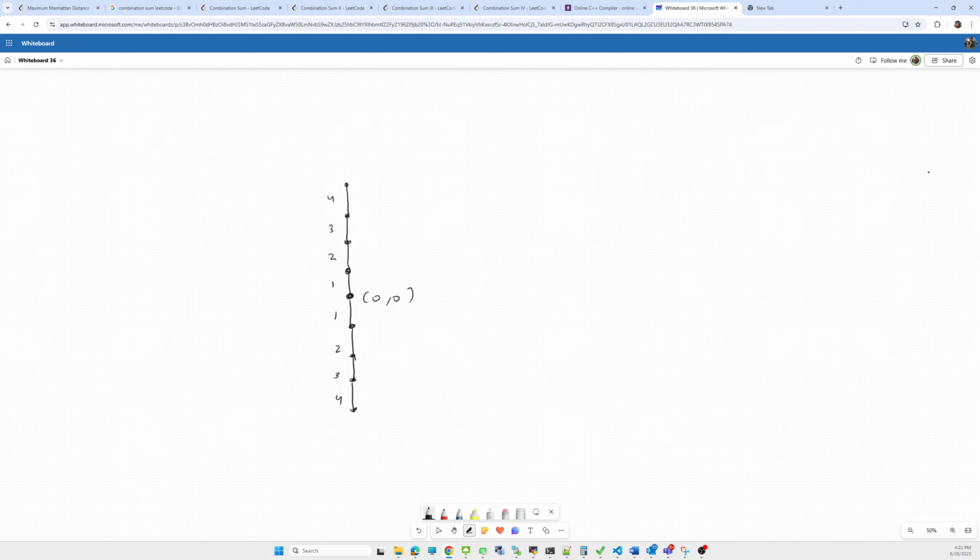Okay, what will be the Manhattan distance at this point? What is this Manhattan distance? The change in x, xi minus xj, plus, oh sorry, we have to take the absolute value, of yi minus yj.